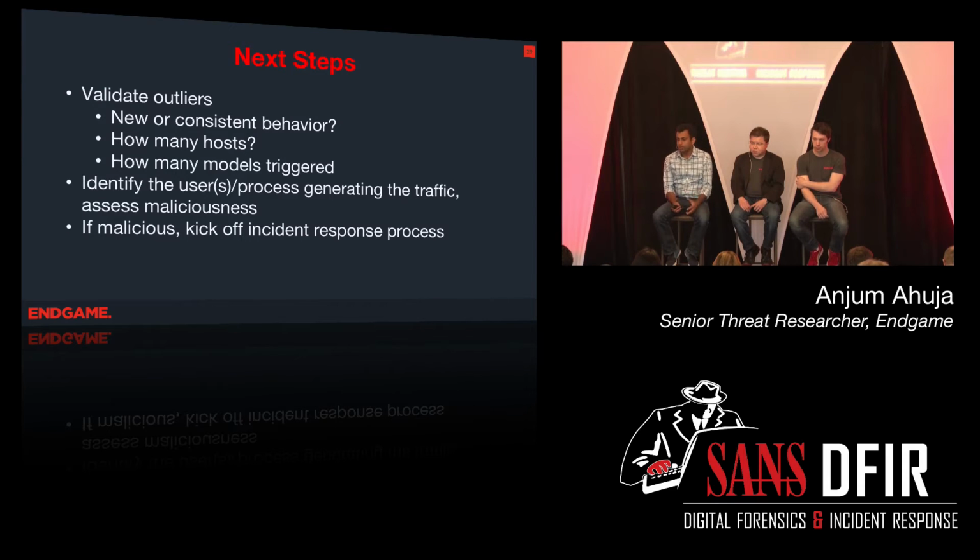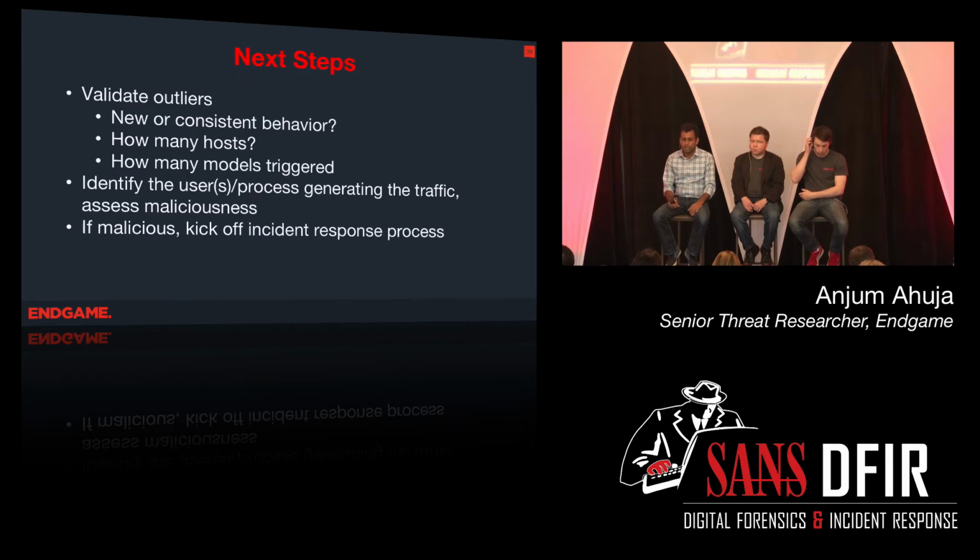Now, like we saw earlier, outlier doesn't necessarily mean malicious, right? So we need to do some validation. In my mind, I would do 3 steps to validate a particular outlier. Have I seen it before, or is this a new behavior? Maybe go back a month and see if you had seen this before. How many hosts in your network had this particular outlier? The more widespread, the larger the number of hosts that have a particular outlier, the less likely it is to be malicious. And how many models were triggered for this particular outlier? You've seen throughout the slides, I didn't find a single malware that didn't have multiple hits of outliers